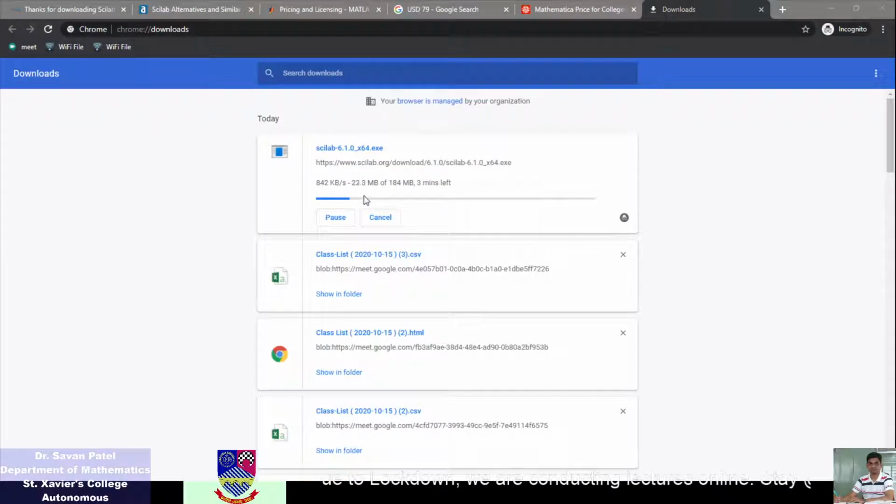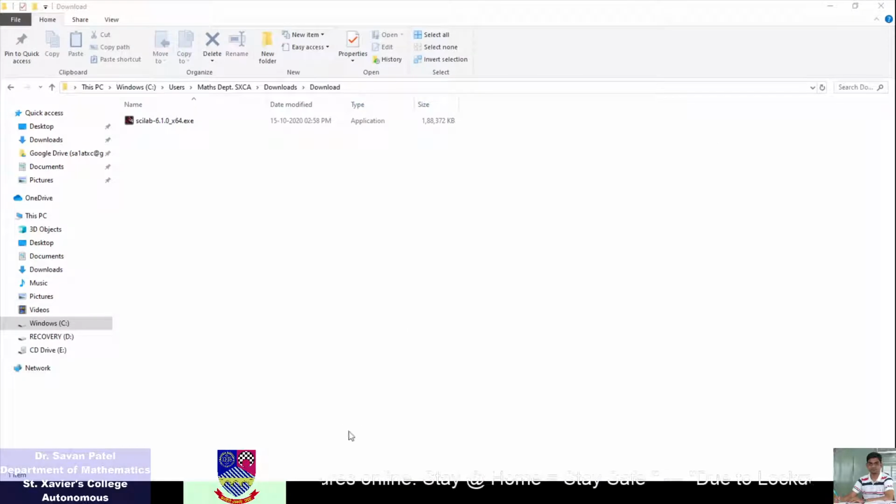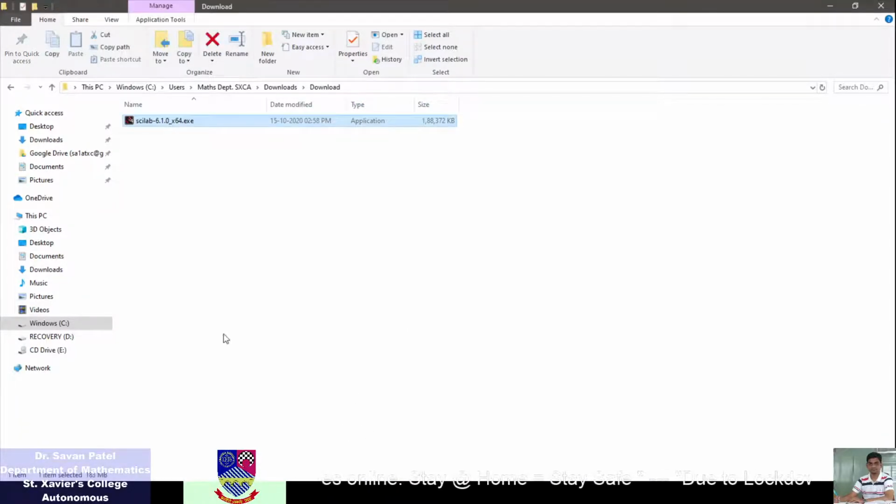It is downloading Scilab 6.1.0, and it will take some time. This software is 184 MB, and it is now downloaded. So I am opening the download folder. In the download folder, this is my file.